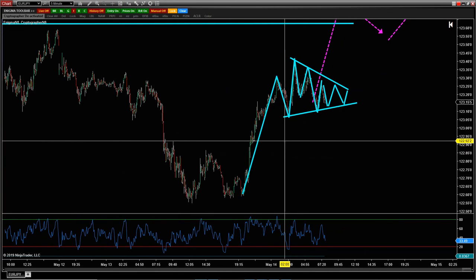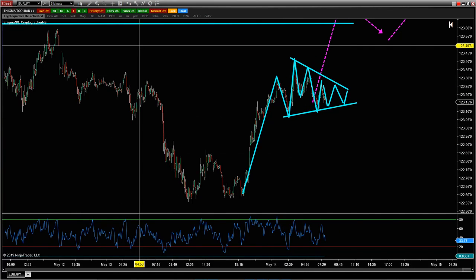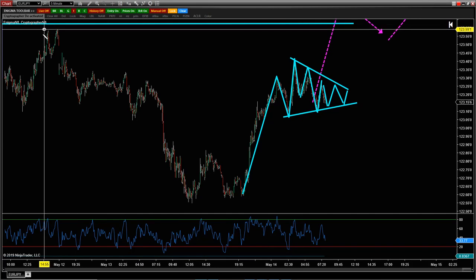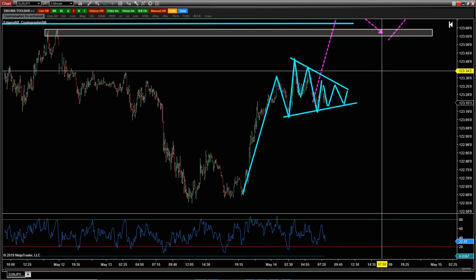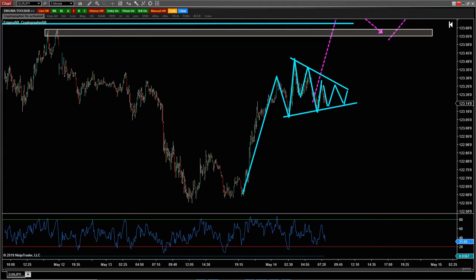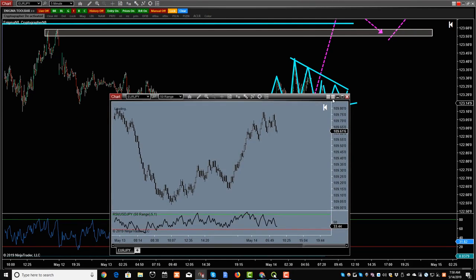So if you are a breakout trader, and if we're going to break out higher, where would I anticipate us going? A retest of our highs up here. That's the next level, 123.50s. That's the next level of previous structure resistance. So that is actually worth keeping your eye on as well, especially if you were a breakout trader here on